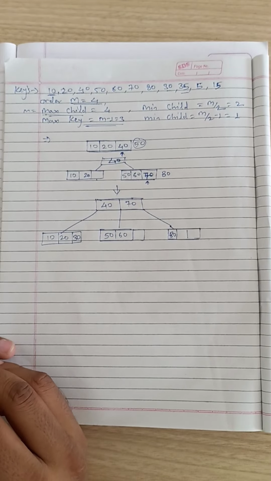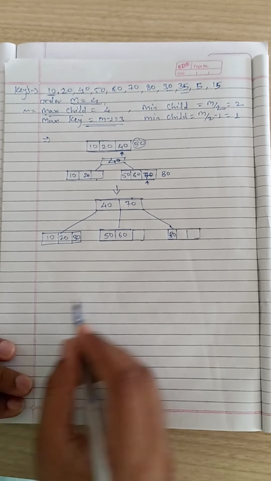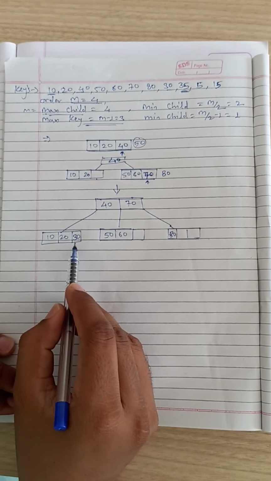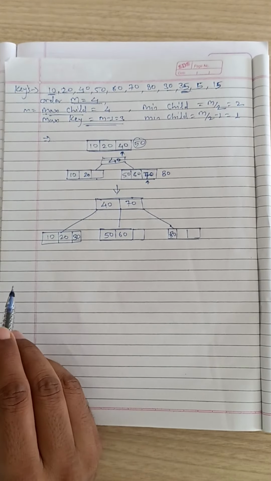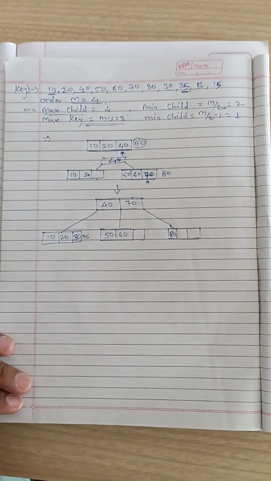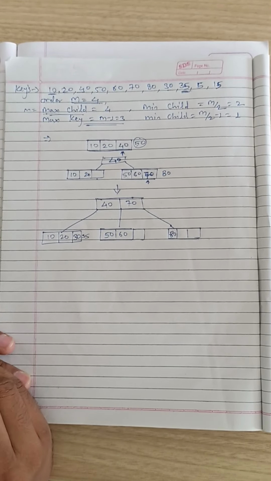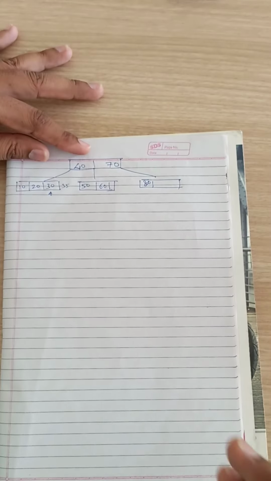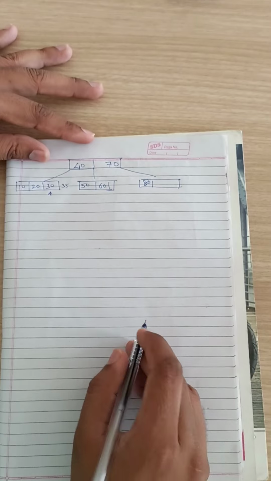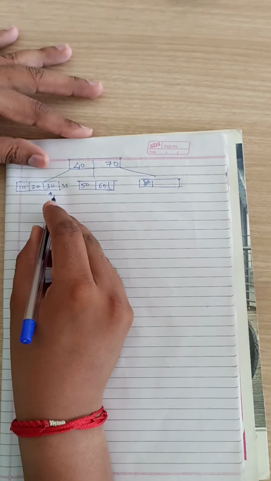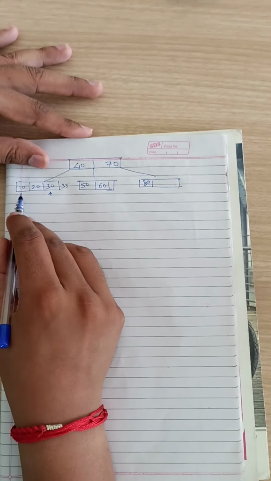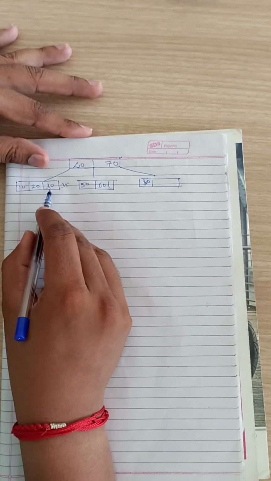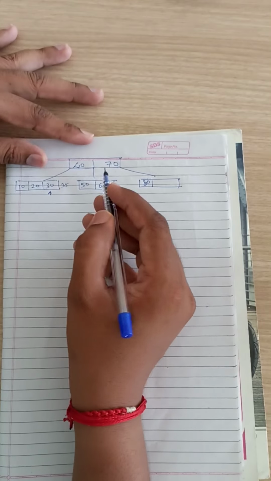30 is inserted successfully. Now we have next 35. Where to insert 35? It is lesser than 40 but greater than 30, so we will insert it here, but it is not possible. So what we have to do again, we have to break the key. Okay, so now हम लोगों को इस नोड को ब्रेक करना है. सो हम लोग जब ब्रेक करेंगे तो हमारे पास दो नए नोड आएंगे, 10-20 वाला एक नोड एंड 35 का सेकेंड नोड, एंड 30 वो ऊपर जाएगा विद दिस 40 and 70.